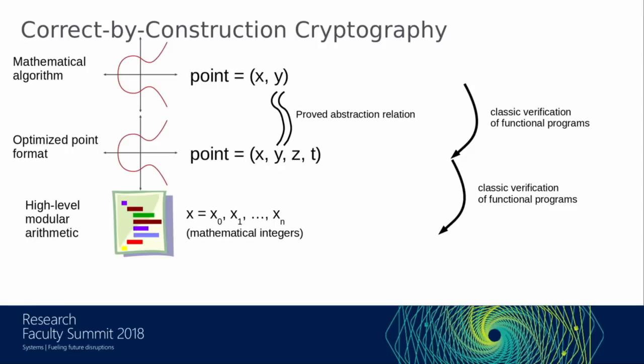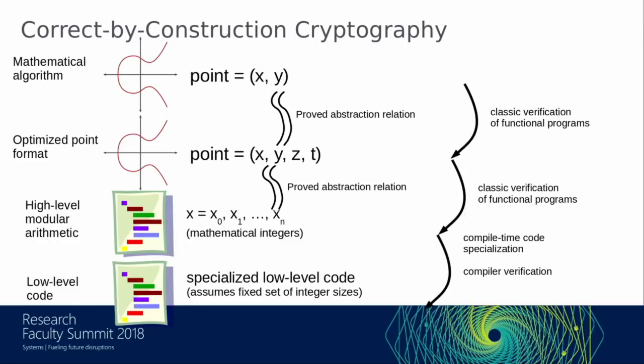Then we have to implement the individual coordinates of these points, which are all by themselves pretty hard to get to run quickly because every coordinate is way too large to fit in the registers that commodity hardware provides. So we have to think about division of numbers into multiple digits. And so we prove kind of bignum arithmetic in this style to connect that part. And then finally, an aspect that I won't have time to talk about in too much detail, we have a verified compiler at the end that takes the functional programs that are coming out of this process that work with infinite precision integers and infers bit widths for all temporary variables and does other compiler optimization things.